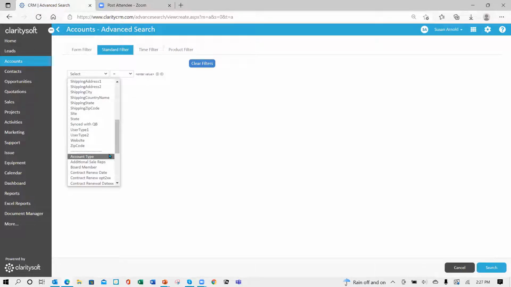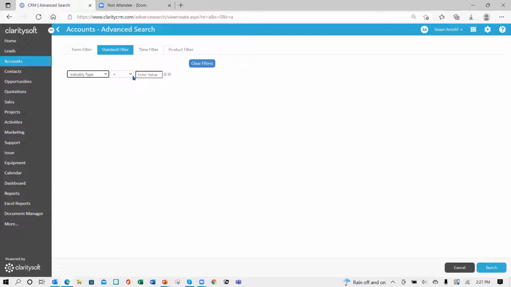Then there's a dashed line, and then your custom fields are below that in alphabetical order. So I go to industry type, and then I say is empty. I want to find all the records where the industry type has no data. I click search,